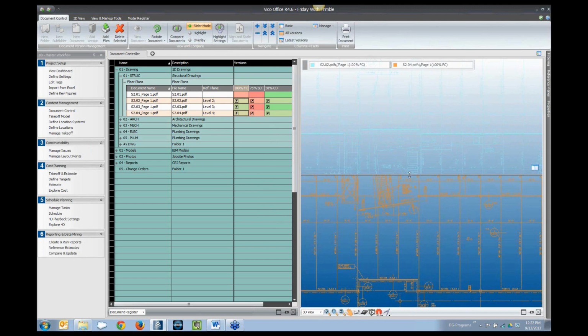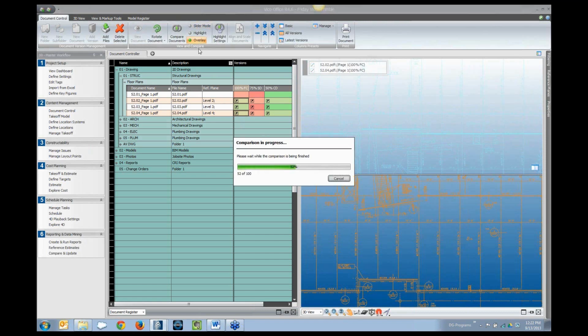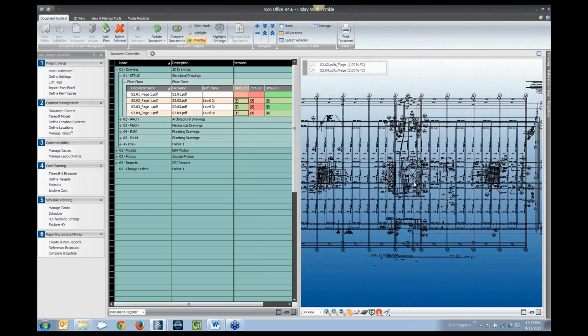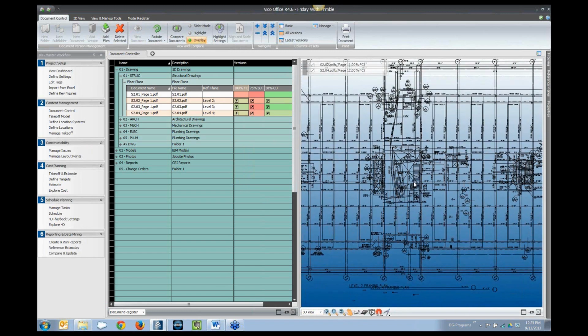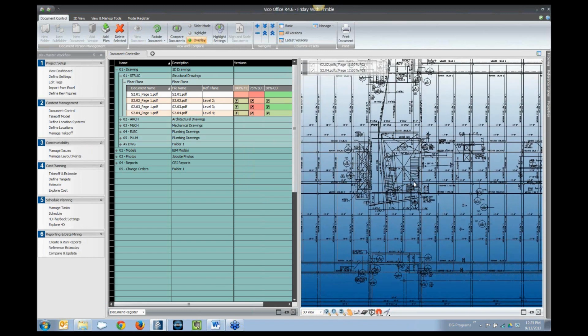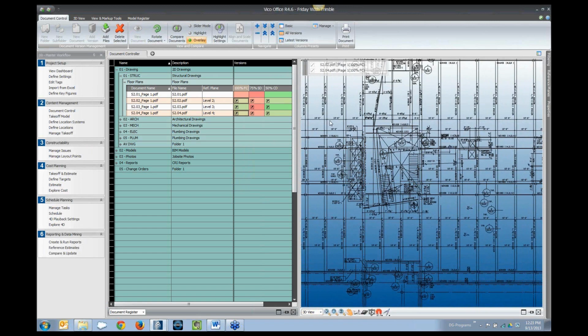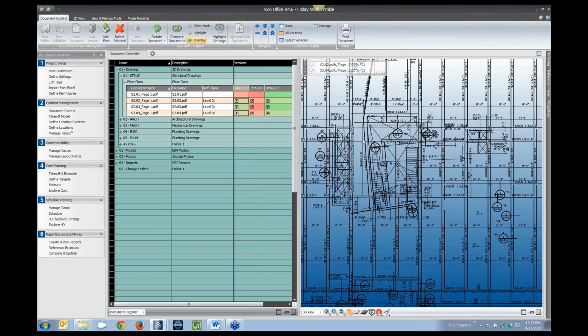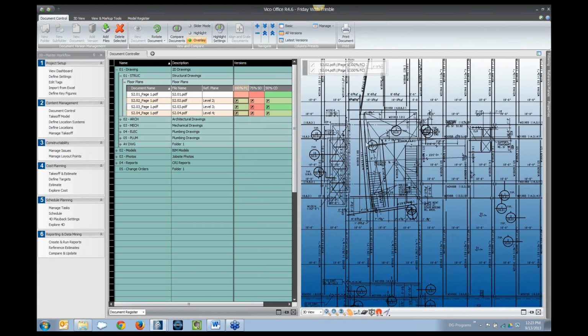Now when you start to find a change like this, you might want to document it. This is, for example, just a quick and light change in the core area, but as the document controller, you might want to make sure that the guys doing the BIM model know that there's a new update in the core that needs to be reflected and modeled. So we could do that by going in and creating an issue. There's some alignment work that we'll do on these drawings, and I'll show you in a minute where to do that alignment, but for the sake of consistency, I want to show you right here that if we found a misalignment that needed to be corrected,